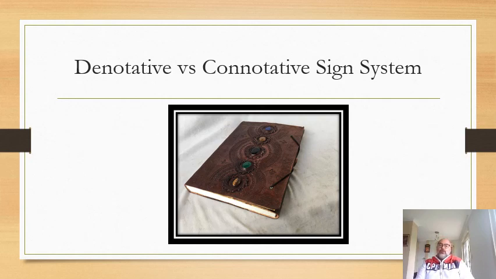So when you look at a notebook, for instance, from a denotative and connotative sign system, of course, there are differences between